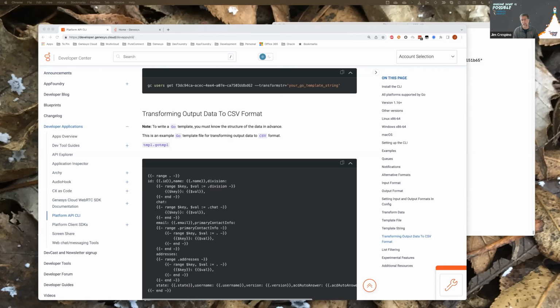But if it's PII data, what I would do is store that data in some secure PII system and add a reference, an identifier to get to that data, and add that as participant data in Architect. Pass it along to the screen pop, and if you're using Genesys scripting, you can execute a data action in the script to take that ID and call a data action that would go out to that system and get that PII data.